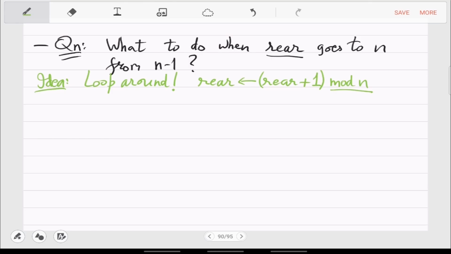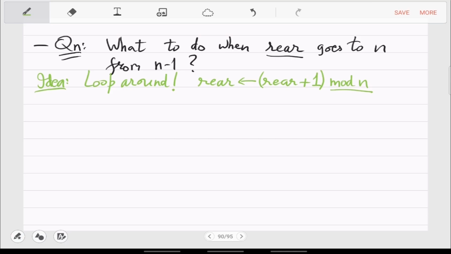So you can go there, and if you do rear plus 2, then that will become n minus 1 plus 2, which is n plus 1, which mod n is 1. So right, the arithmetic will be correct.